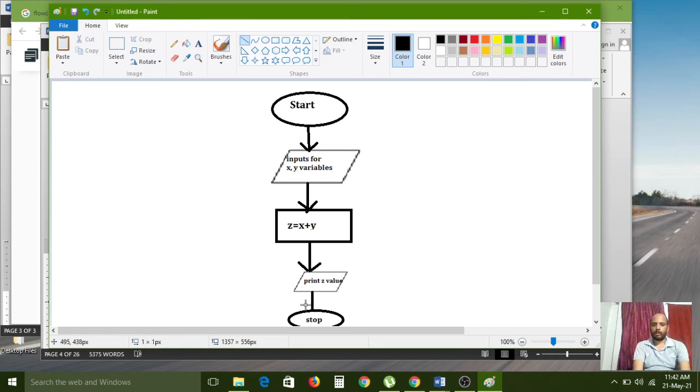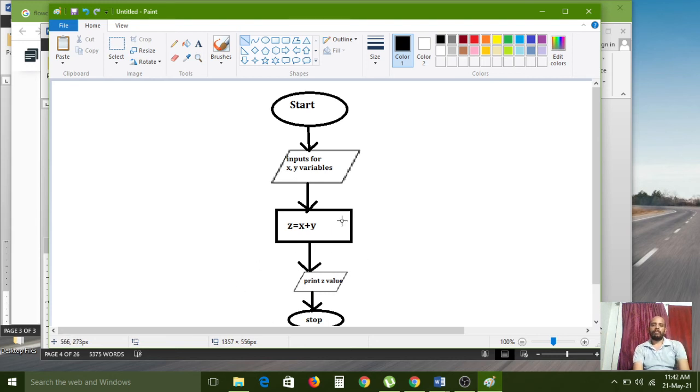User means what? Project owner. Who are the project owners we have? By looking at these entire diagrams, the project owner can understand what the execution flow is, how the program is working, everything he can understand. So it is a pre-planning tool. Algorithms are also a pre-planning tool, and along with that, flowcharts are also a pre-planning tool. Like that we have to define.